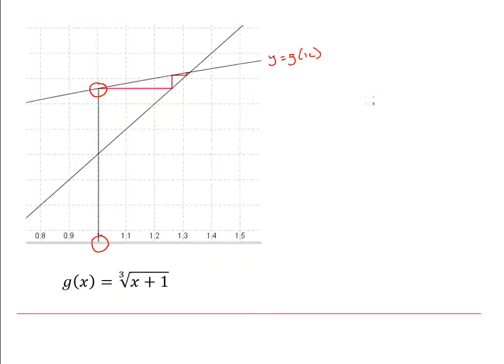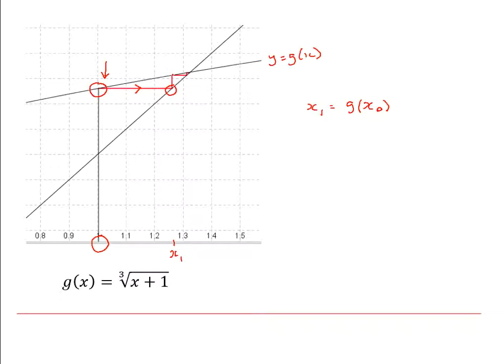So we started with x0, so x0 is 1, and then we're finding g(x0), and then we're going across to the line y = x, and the idea is that the x coordinate of that point will be the same as the y coordinate of that point. In other words, x1, which is down there approximately, is going to be g(x0),